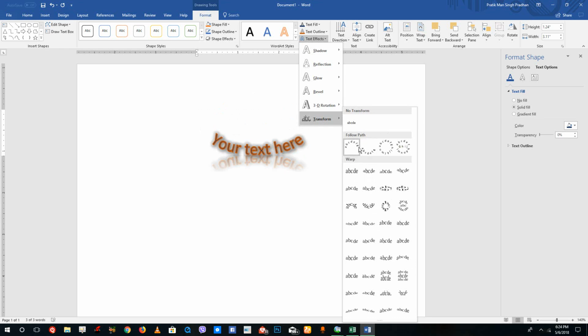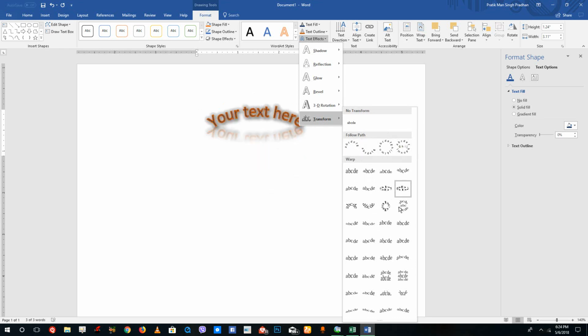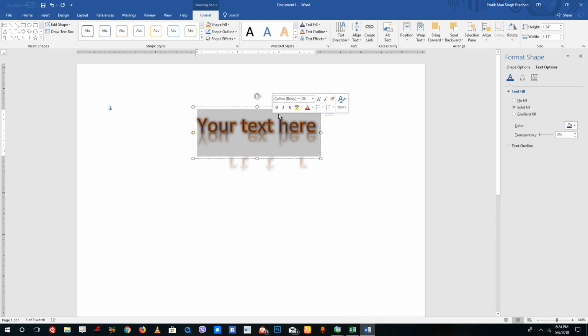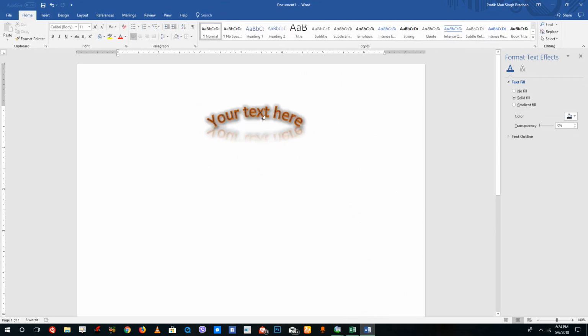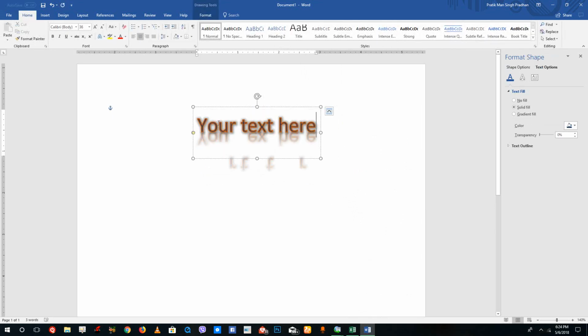You can also go to Transform right here, and you have different settings. So you have this kind of text, you can have this kind of text, and so forth. I'm just going to select a fancy one right here, like this one. All right, so this actually is text itself, so you can actually type here, and here I'm just going to type